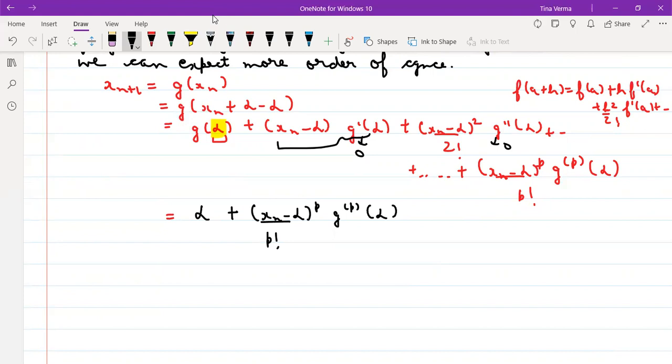So you can now notice over here, this will be your xn plus 1 minus alpha. This is (xn minus alpha) raised to the power p by p factorial times g^(p)(alpha), and when you divide this quantity,